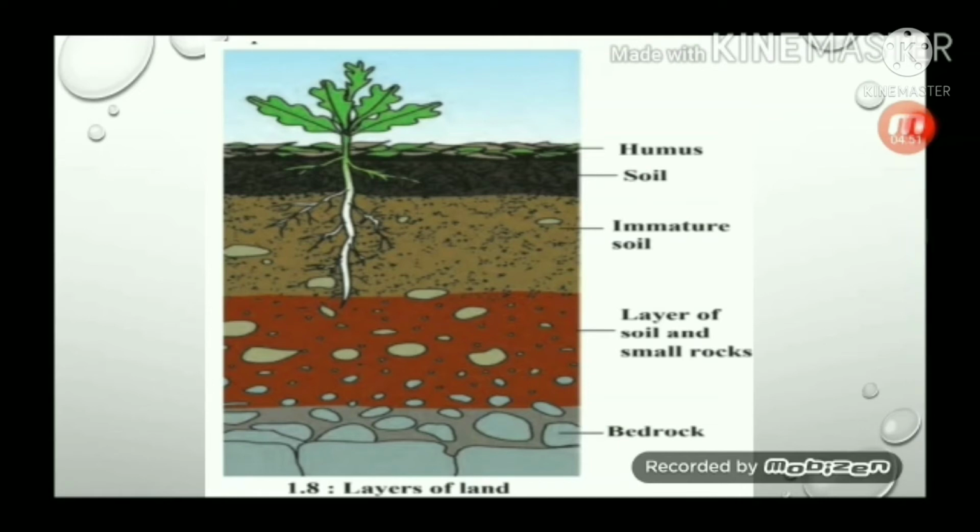This is the layer of bedrock. It consists of unweathered parent rock. This layer is very hard. The main minerals in the soil are derived from these rocks. That is why soil in different regions is different. The color and the texture of the soil are both determined by the bedrock. So when you are going to your villages or visiting different places, observe the soil color. Sometimes soil is dark, sometimes brown, or sometimes black in color. So always observe the color of the soil.